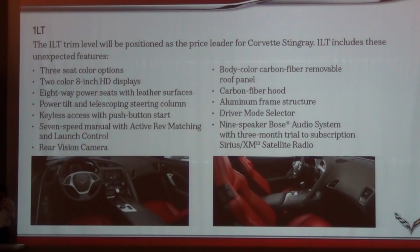Now, one of the things about the 1LT car, it has a lot of things you may not expect standard in the car. We've talked about, you have 3 seat color options. You do get the full 8-inch displays that Taj talked about standard in the car. Power 8-way seats, both sides, and tilt and telescoping wheel are standard. Keyless access, which we had for a while. The 7-speed manual with active rev match and launch control is standard. We have a rear vision camera on all Corvette Stingrays as well, taking advantage of that center display. We also have